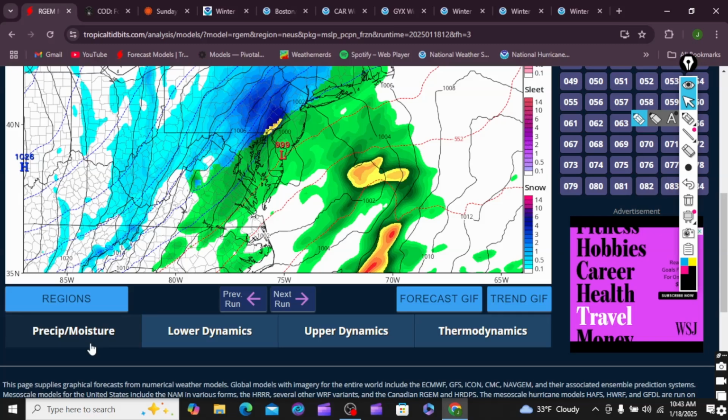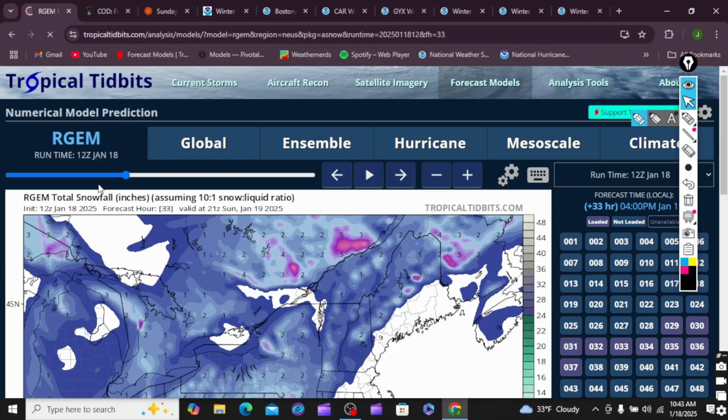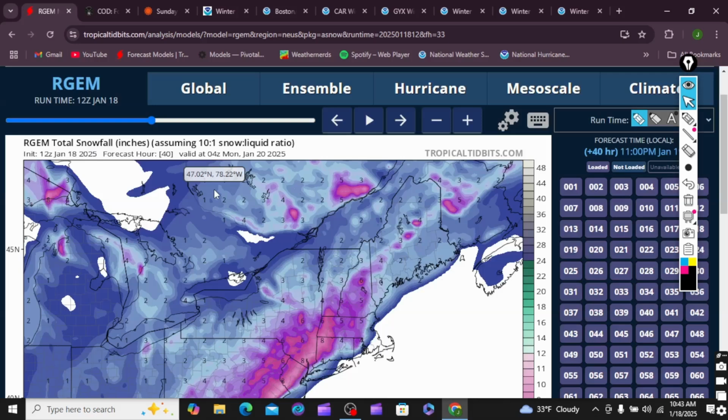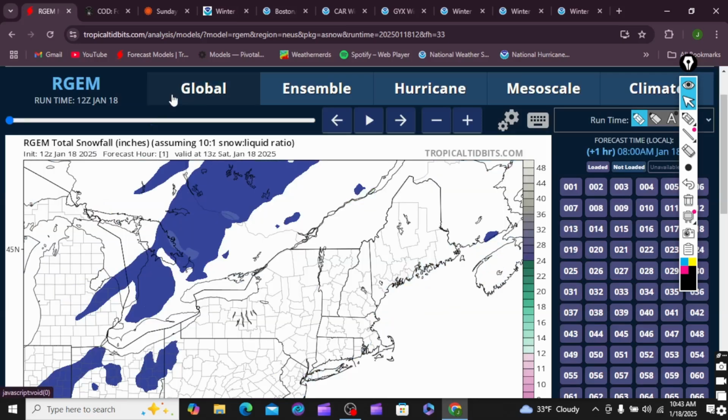We'll have another update later on tonight and then a very early update tomorrow morning. This is once again those 10-to-1 ratios. I like to use the other one, but this is one we can just use for now. Generally 6 to 10 inches, locally 11, 12 inches. I think that's pretty good for now on a lot of these models. I think we have come to a conclusion for these.